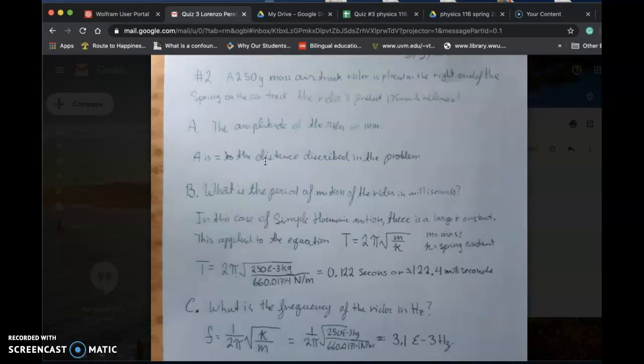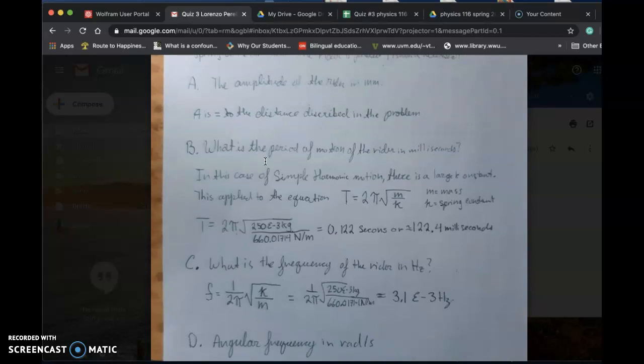As for the frequency, it's pretty much the same formula, but instead it's 1 over 2 pi times the square root of the spring constant k over m. Oh, hmm. I guess I did my math incorrectly. Apologies. Anyway, once you apply these in the radian